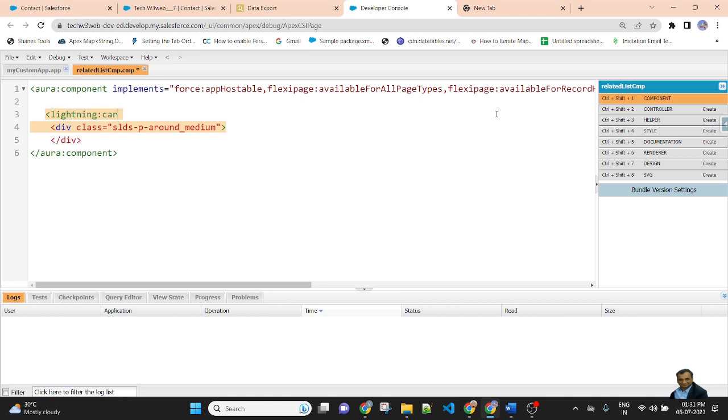This lightning card wraps all the content. In the lightning card, I mention the title: display related list of record in our component.